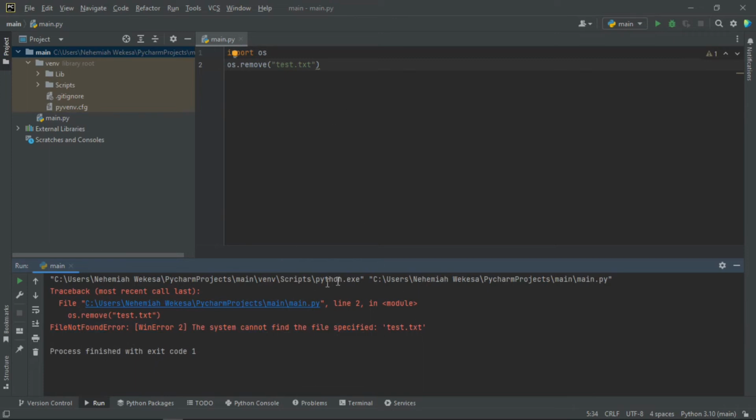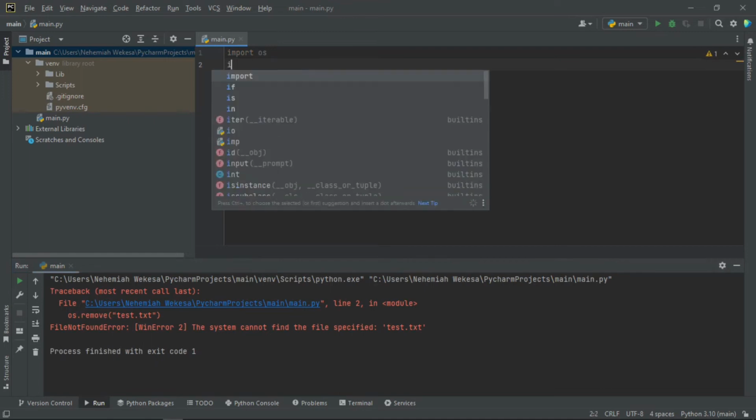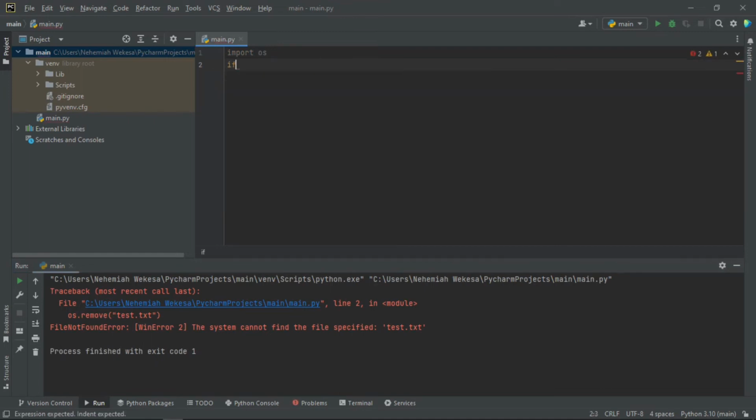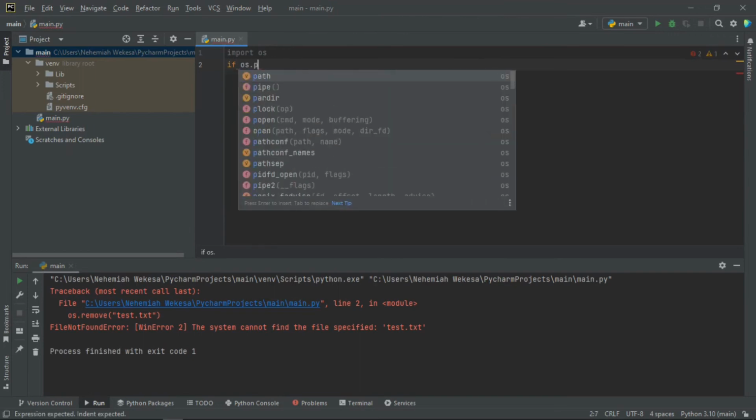So guys, to avoid this error, we are going to use some statements so that we can escape this error. You must first of all import that module OS, and then I want us to use this if statement. So let me say if os.path